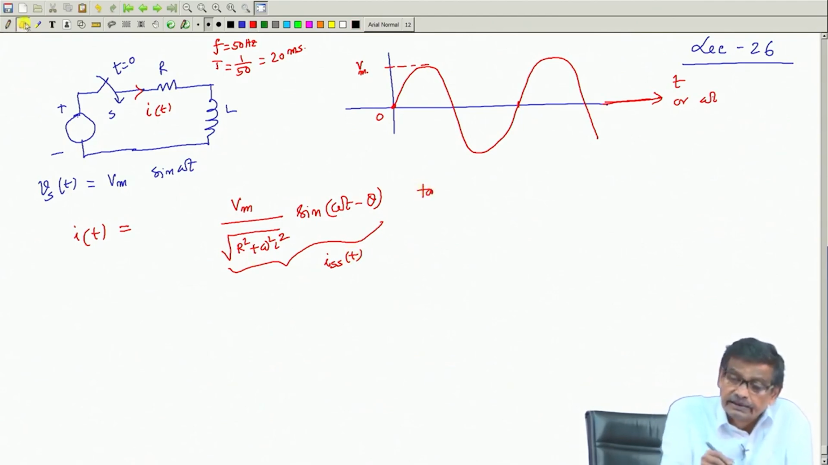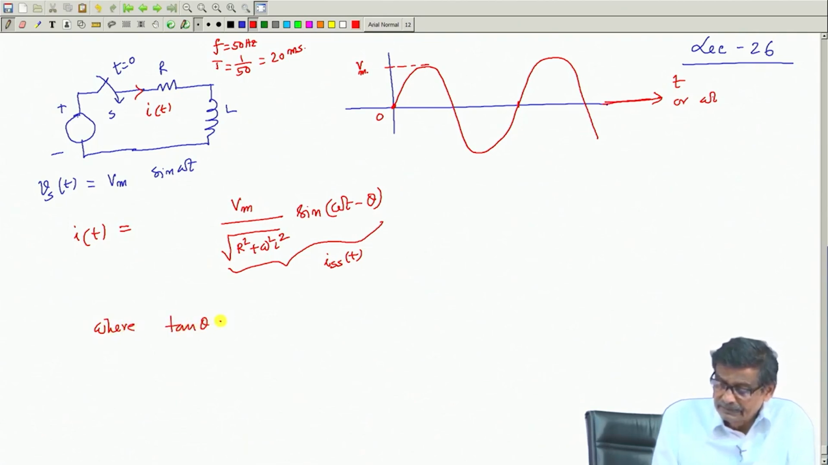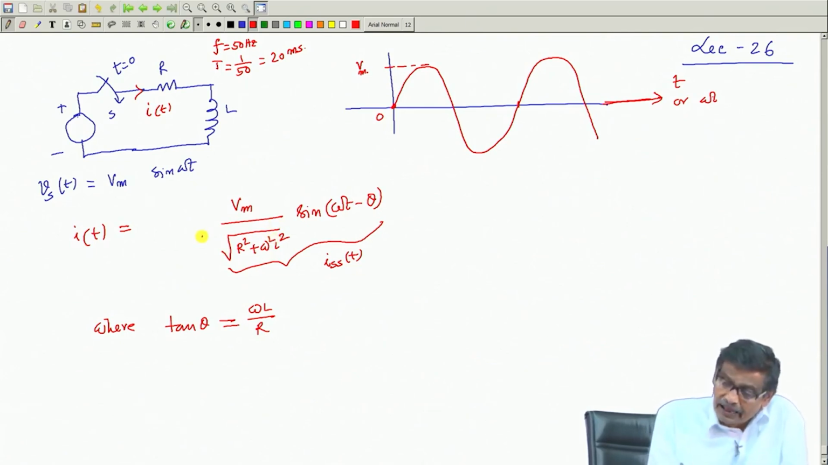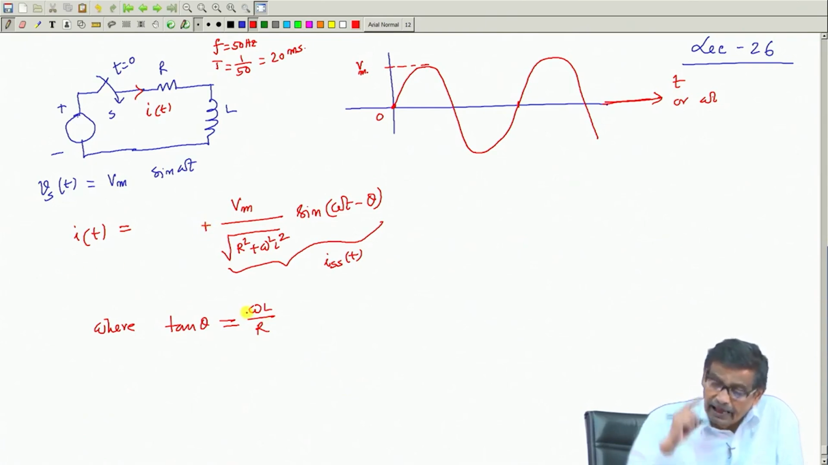Sorry, where tan theta is omega L by R, reactance by resistance people call it, and this part is called the impedance of the circuit. Now, there will be another part, the natural response, and the natural response is,